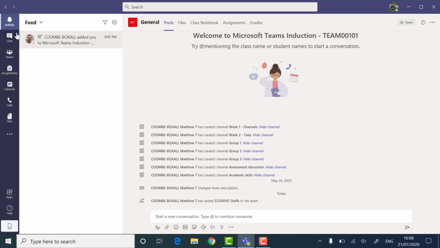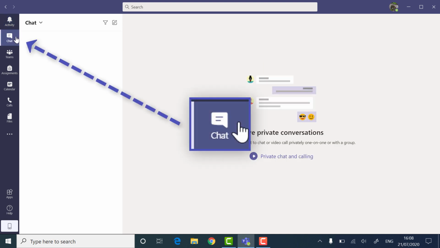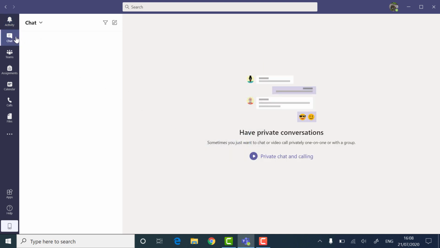Chat is where you can start a new private one-to-one or group conversation, and also where you can view conversations and meeting history. Click the New Chat button to find those you want to start a new conversation with. You can also click on any existing conversation to send a message and make video and audio calls with those